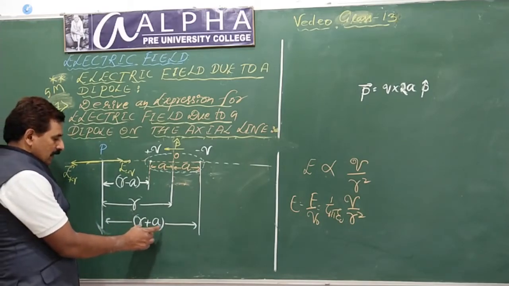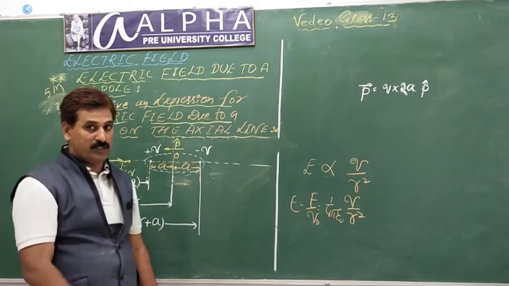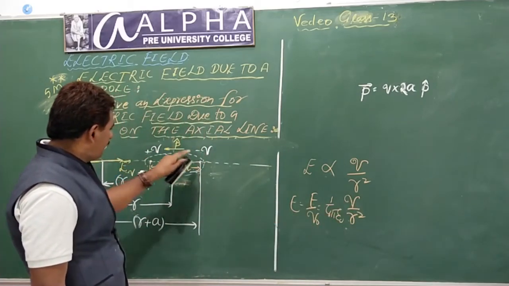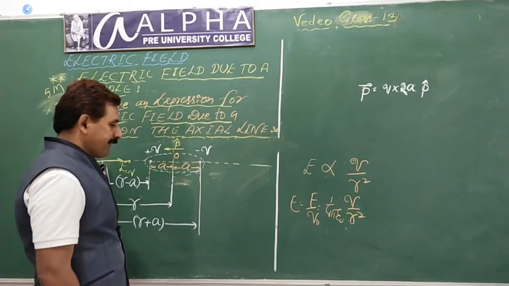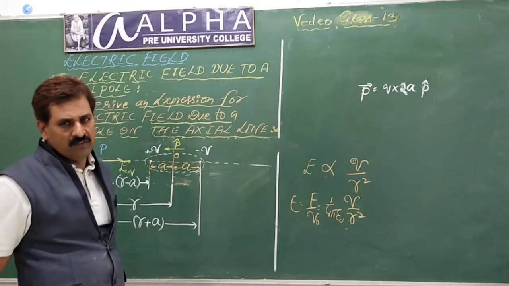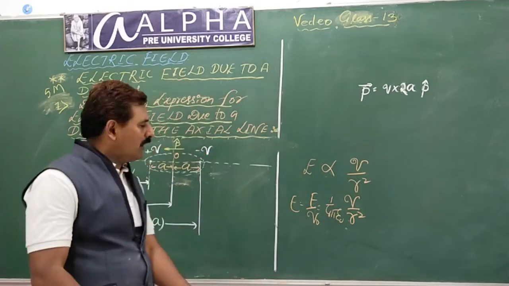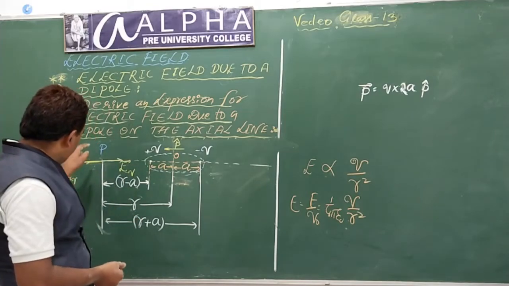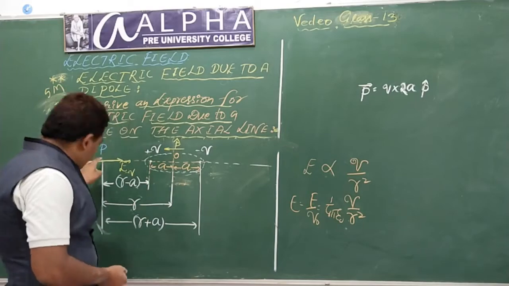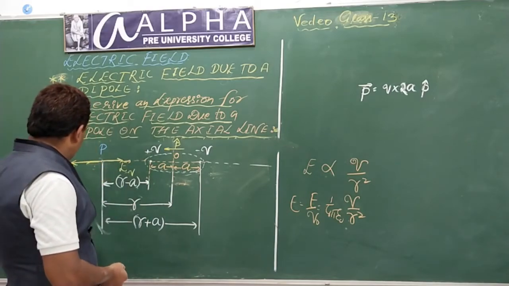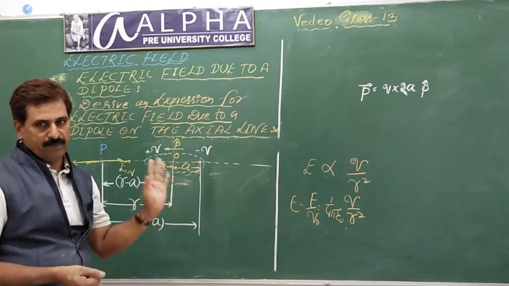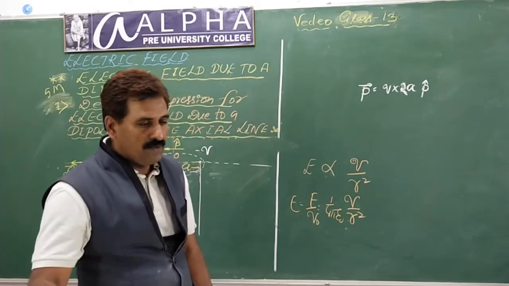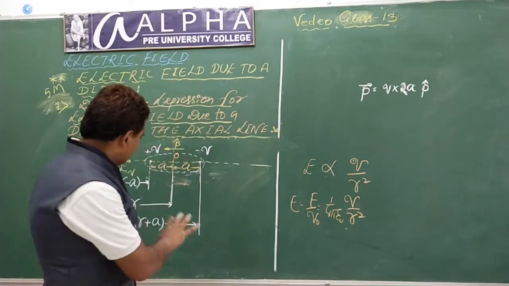So, there are two distances, r plus a and r minus a. I'm going to use them in the electric field expressions. Electric field depends on charge and distance. I'm going to write this expression for this charge and this charge here. As you know, E plus Q more, E minus Q less, subtract. You get the expression for the electric field. That's very simple. Now, let's come to the derivation part of the expression you are going to write for the electric field at P. The expression you are going to write at P applies to any point on the left side or also on the right side. Same. As usual, when you start derivations, as you have been learning since last year, you explain the situation first. The situation is this diagram.